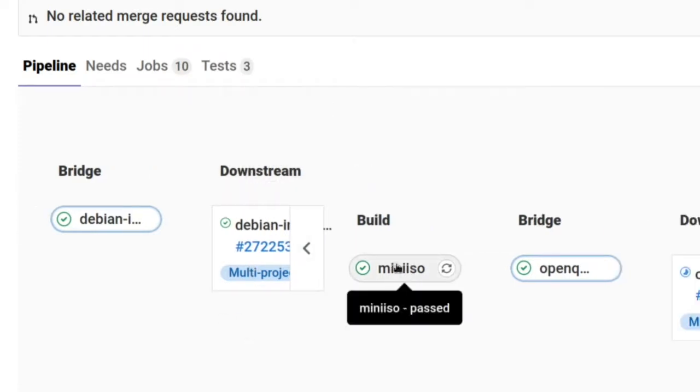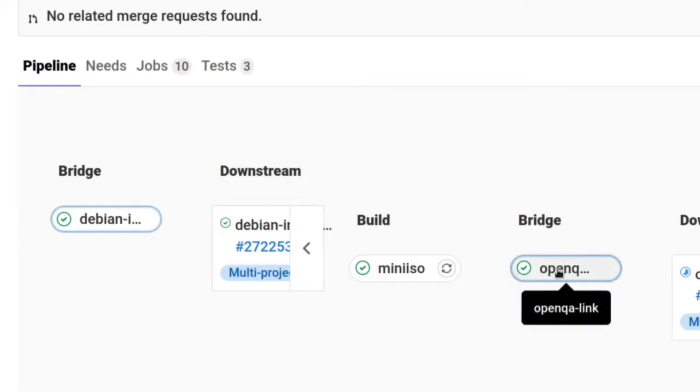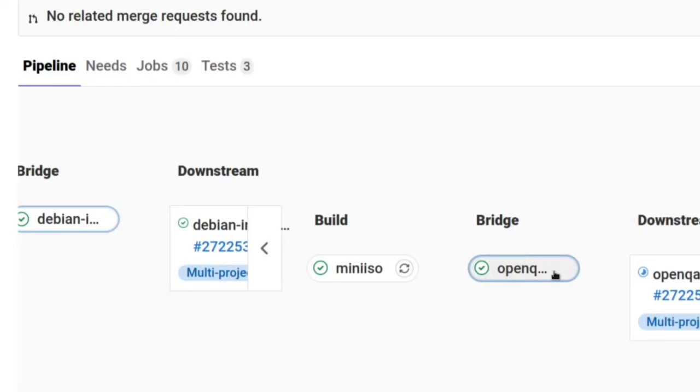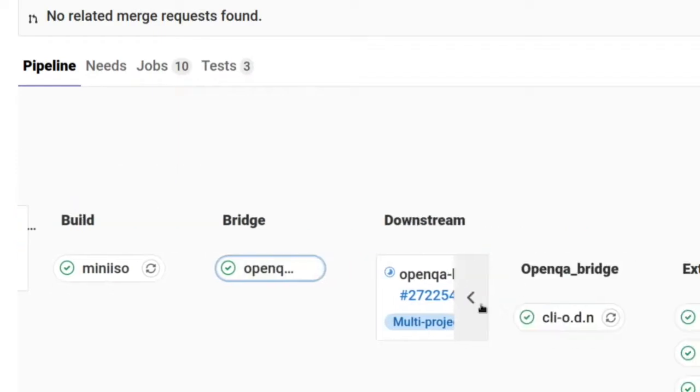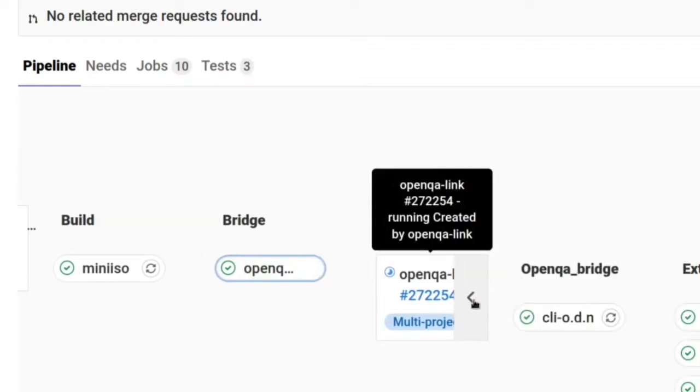debian-installer builds a mini ISO for us using the repository that branch2repo built for us, and then it does another trigger, and this is a little repository called OpenQA link. So I'll be talking about OpenQA in a couple of days. I won't go into it in much depth here. So we go into the next